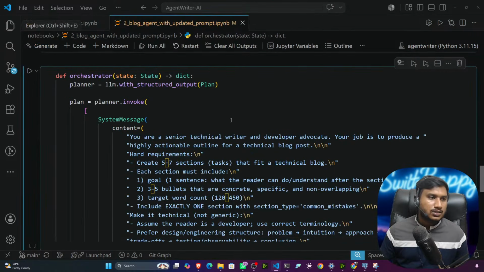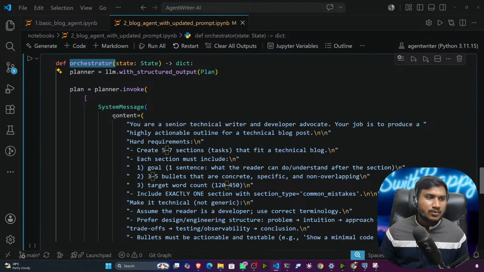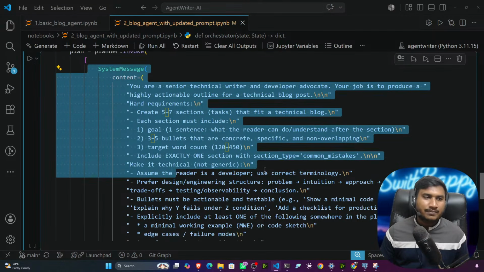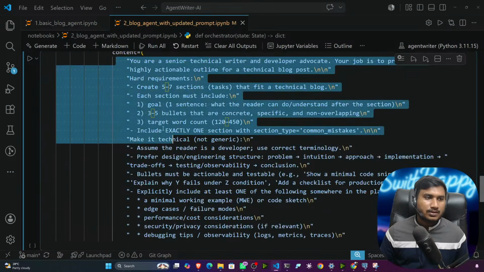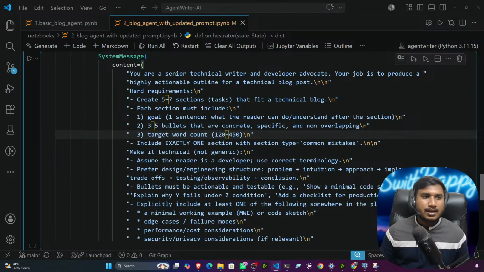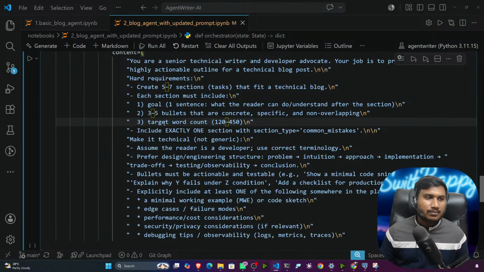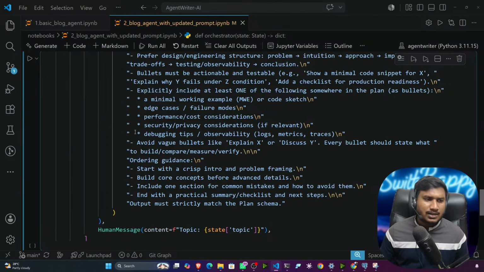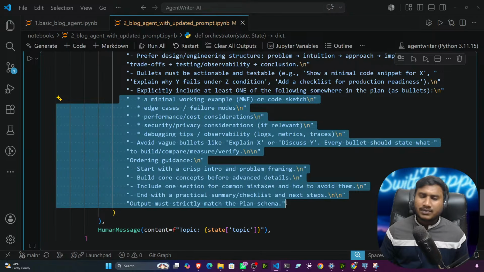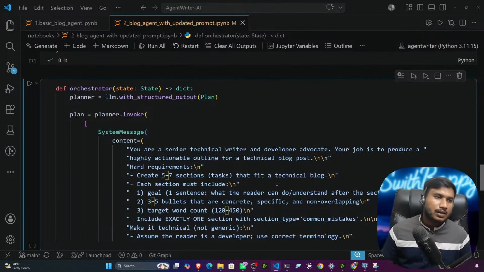See, this is the orchestrator node. The same code, only you can see the prompt I have changed. Now this is a detailed prompt, but previously it was only a single prompt. You are a senior technical writer and developer advocate. Your job is to produce a highly actionable outline for a technical blog post. Hard requirements: these are the requirements. Each and every thing I have created inside this particular